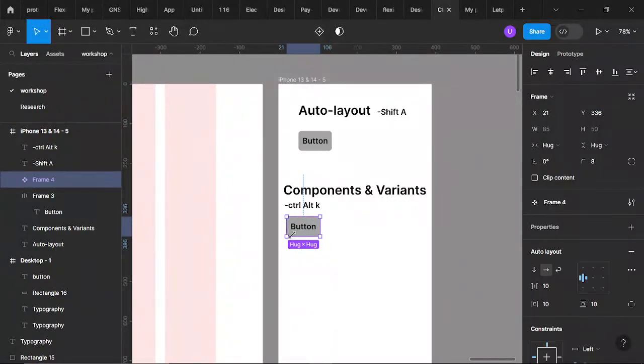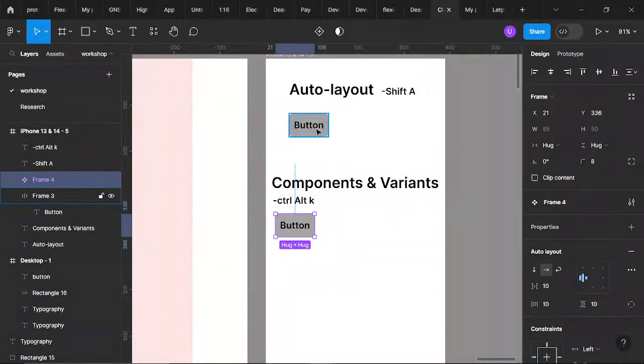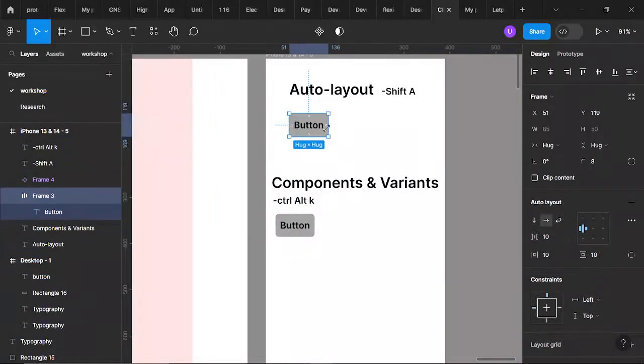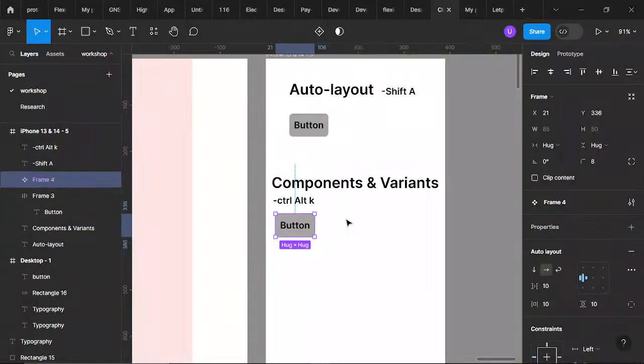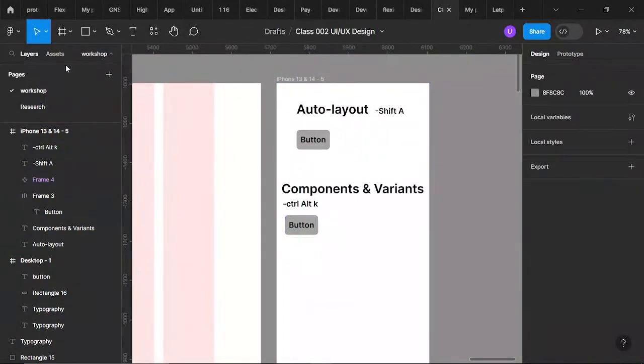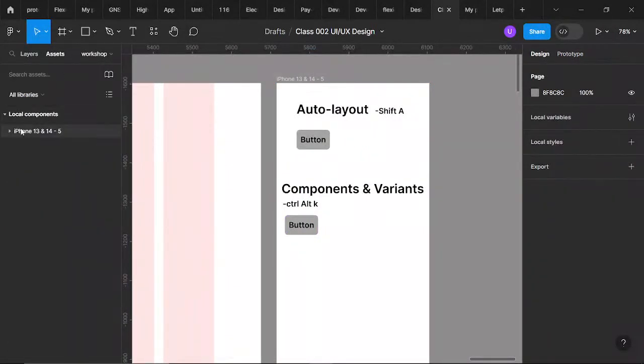So definitely it will change the color to something like purple. I mean the outline color, previously we had something like blue at the edge, so it has changed to a component. You can get this component by coming to assets. Just click on assets and you'll be able to see it here under this frame. So I can see this button.